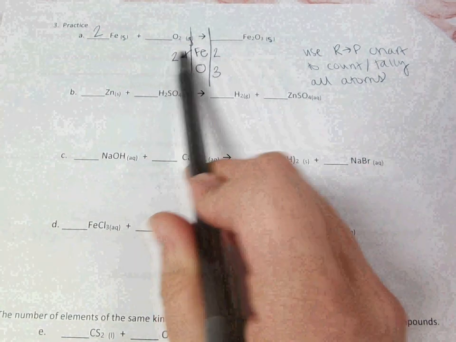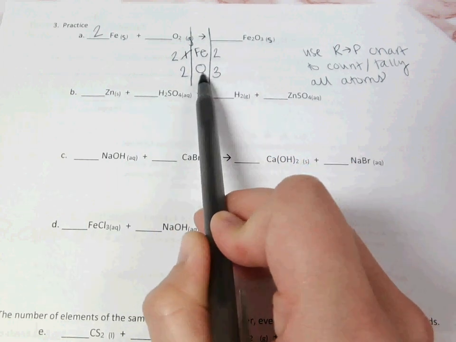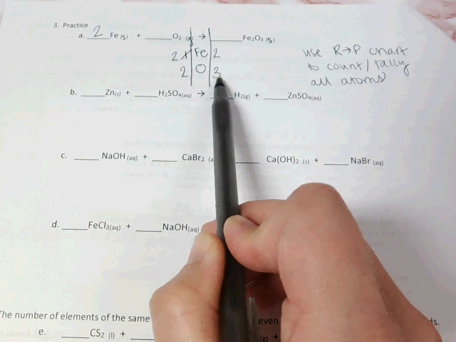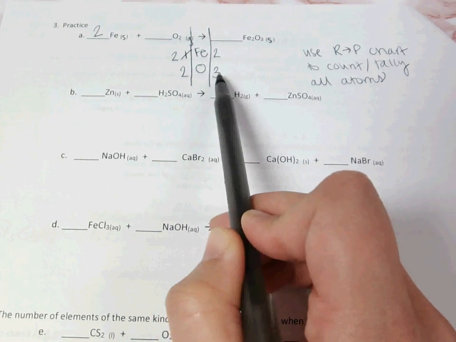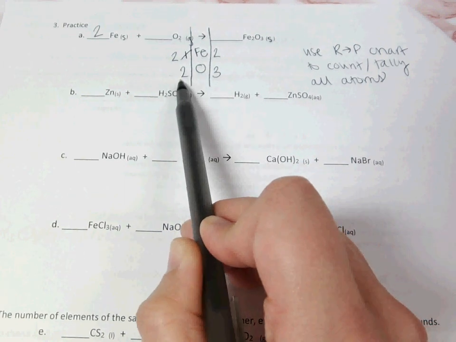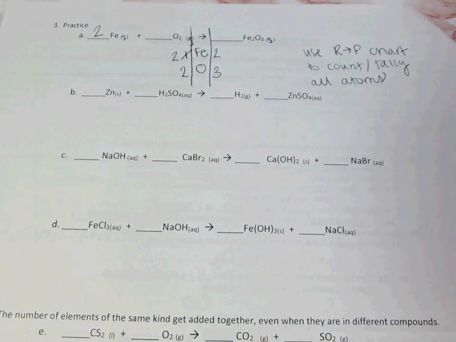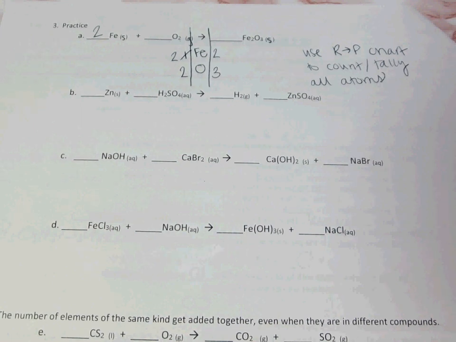Now my iron atoms are balanced, and if I move down to oxygen, I have 2 oxygen atoms on one side and 3 on the other side. There is nothing that I can multiply 3 by to make it equal 2, and there's nothing that I can multiply 2 by to make it equal 3. So in this case, I know that I'm going to have to change something on both sides. There's a little bit of guess and check that goes into this,